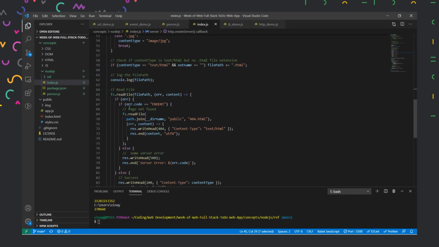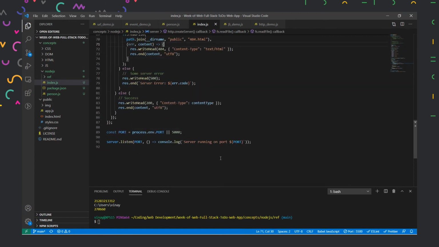right? Then we have something for that as well, where it checks whether the path has been put in properly, and then we'll pass a 404.html file, which will have all the styles and all the elements in it, and it will display beautifully that it didn't find the page. So yeah, all these things go inside it.